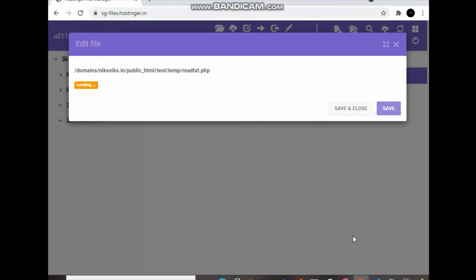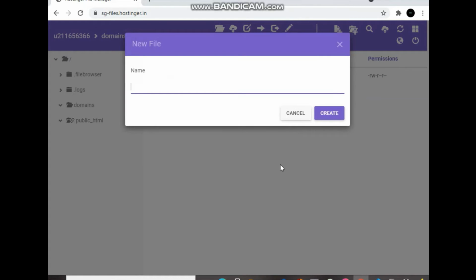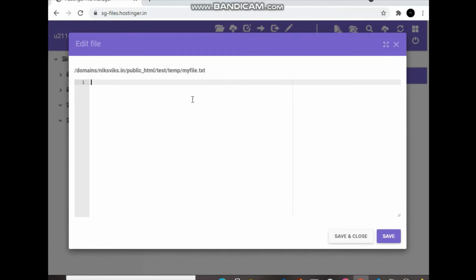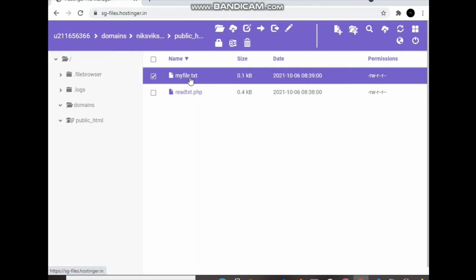So let's save and close, and let's go to Visual Studio Code now. But before I start coding the Ionic app, first let's create a notepad file here. The notepad file is myfile.txt, because we have to read that particular file, and let's put some text inside. Working. That is data inside this file, and it's working, some random data, and let's save and close. So we have the PHP API, we have the notepad file.